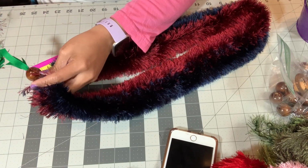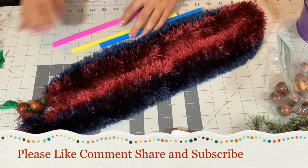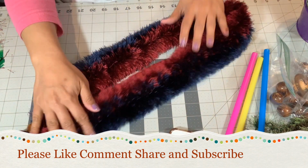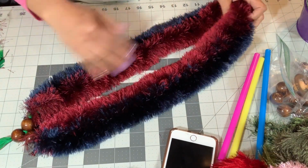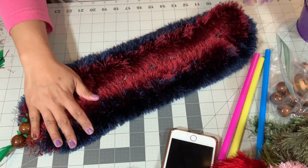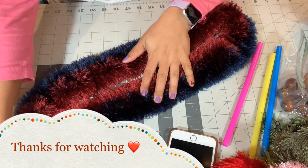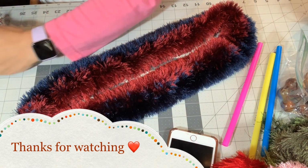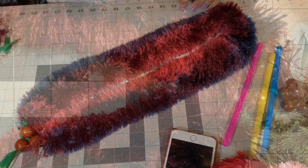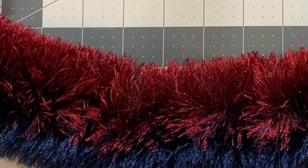And it worked. Okay. What I will do is tie these two together, since that one is already hiding it. Don't burn yourself. Yep. I like that. Okay, there we go. And that is our 2 straw, 3